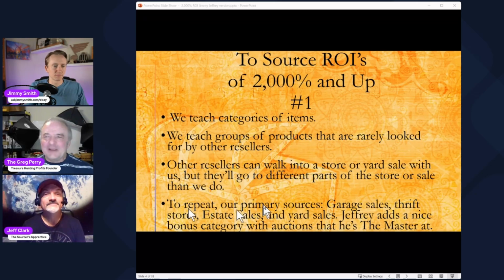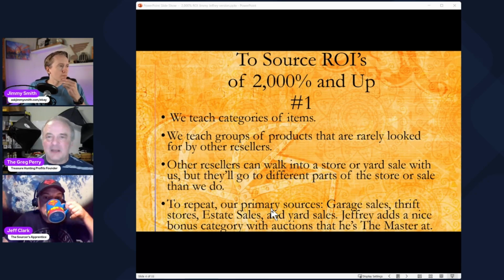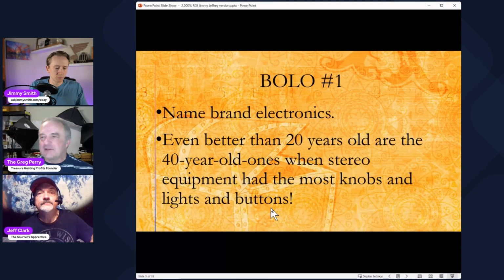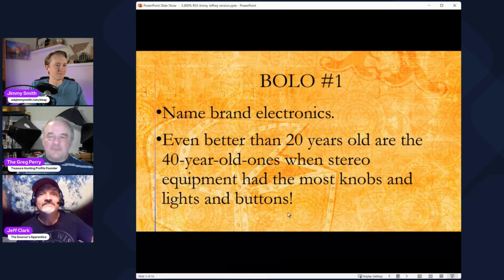Okay, it's time for us to hand you future money. This is your first BOLO of the night. Be on the lookout for. And some of you might not be surprised. I think most of you will be. We want you to look for the BOLOs that we show you throughout tonight at garage sales that you walked right past before. It's time to hand you future income. And we're talking way back in the 1970s and 1980s. I'm way too young to understand some of these, like Pioneer stereos from the 70s or 80s, but a lot of you are old enough to know what I'm talking about.